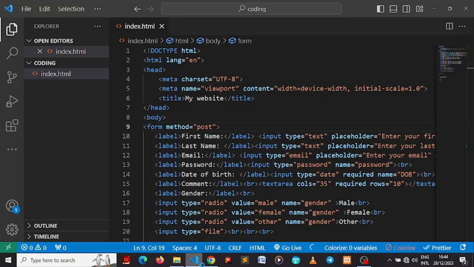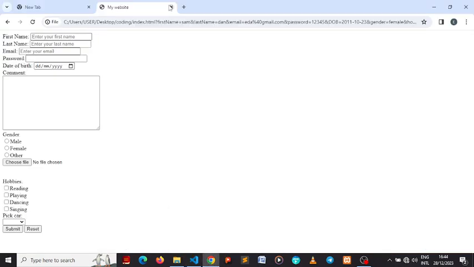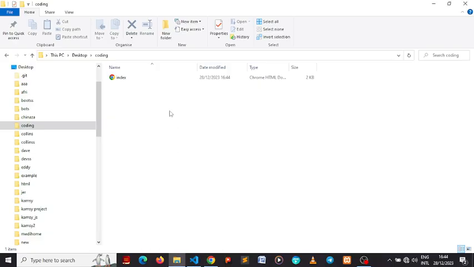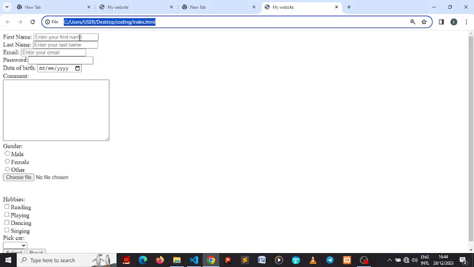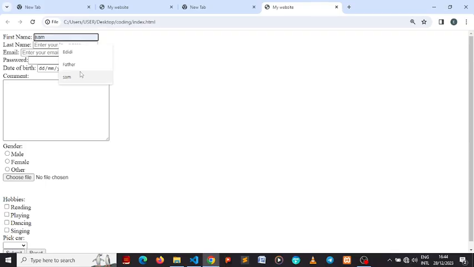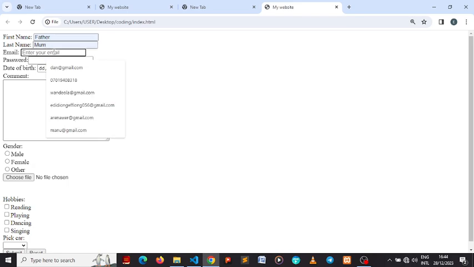And let me open this particular work on a new tab. I want to differentiate it. Let's open it and see what we have. Then we'll fill the form again. That's the essence of it. We want to fill the form again and see whether, when we click on submit, the name will come up. So we have, let's say, first and last name mom, and then the email at